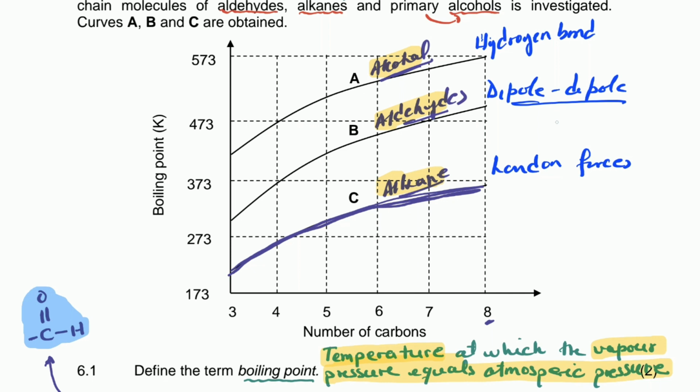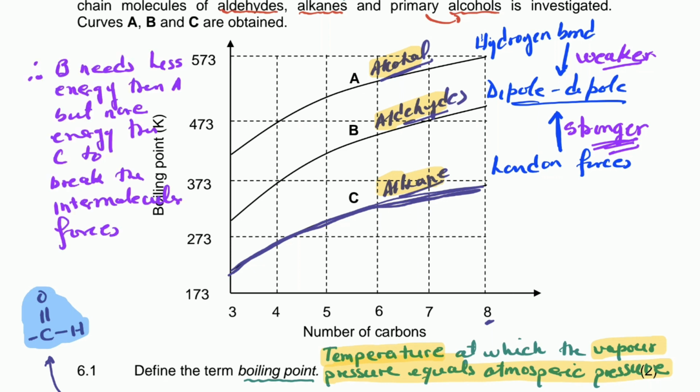6.4.2. Now, dipole is stronger than London forces, but weaker than hydrogen bond. Okay? In this case it would be in the middle. It's stronger than London forces, but weaker than a hydrogen bond. So finally we have to say that B needs less energy than A, but more energy than C to break the intermolecular forces. So